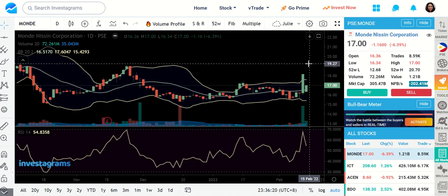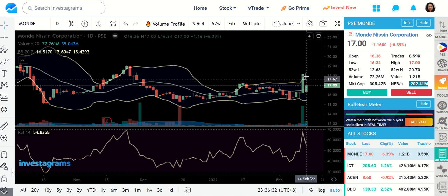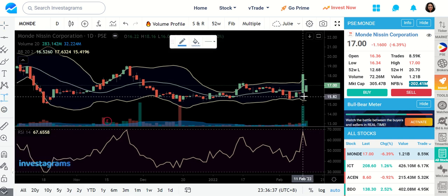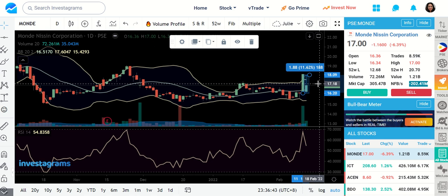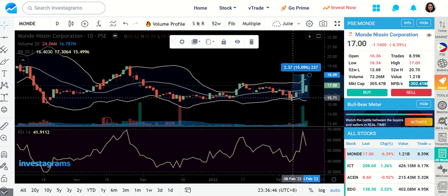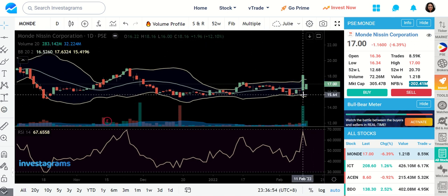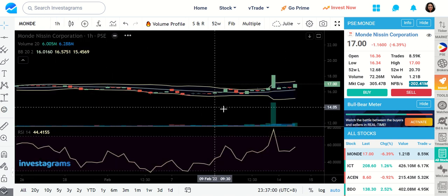I was hoping there would be a continuation, but I think I mentioned in my previous video that some of the traders will lock in some gains, because from here, from 16 to 17 or 18 pesos, that's a 2 peso increase in just the span of the day. Those people who are trading in big volume, that's already a good 11%. How much more if they entered right here? So that must have been close to a 15% gain in just a few days, right? So what happened here? They probably took profit, started the day really low, so there was a gap down over here. If you're going to look at it in an hourly chart,